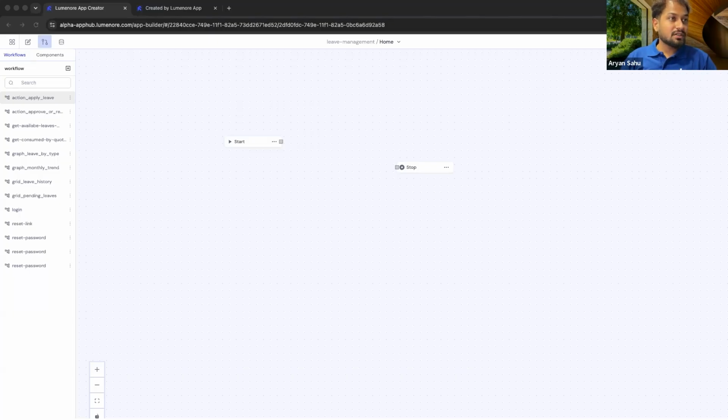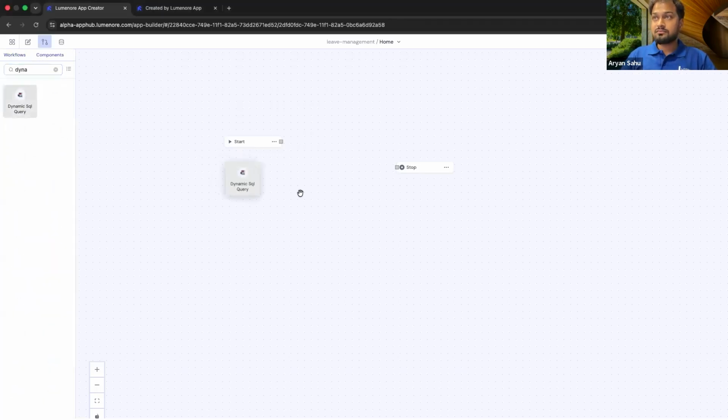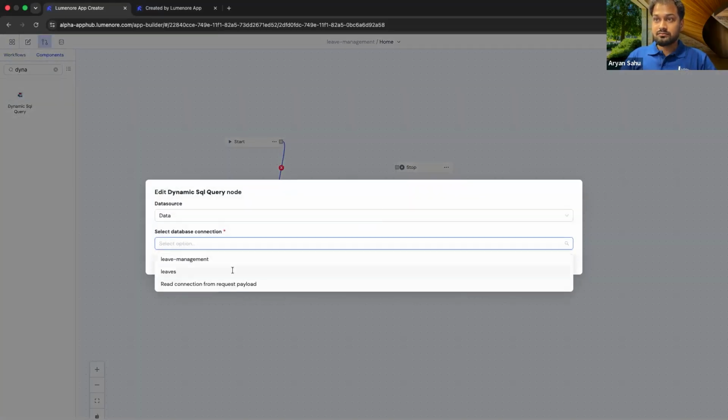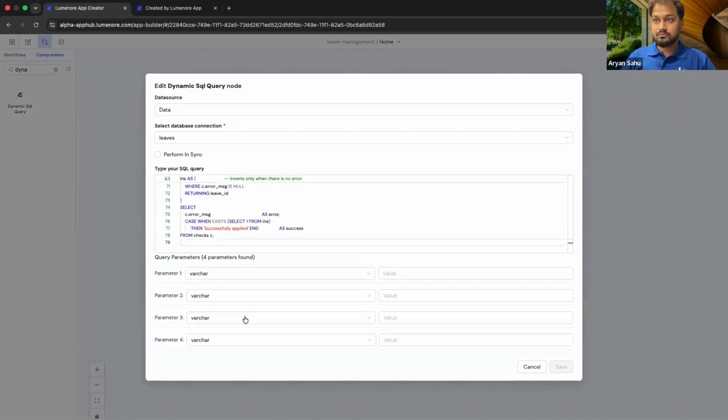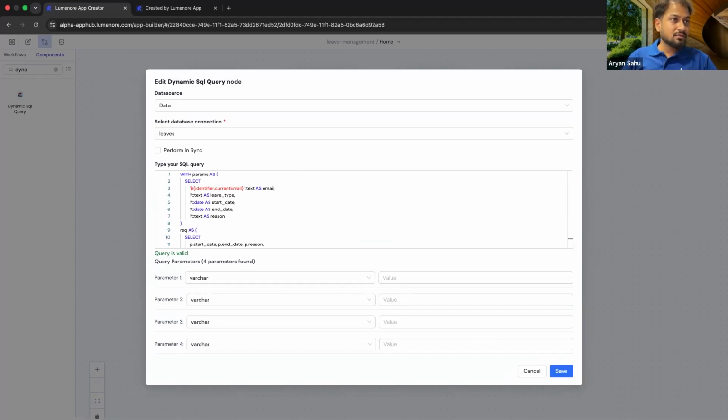So what we'll do here is, I'll use this query that I have already created. It accepts date as formats. My query is valid. For now, I'll just save it. Or maybe we can assign the